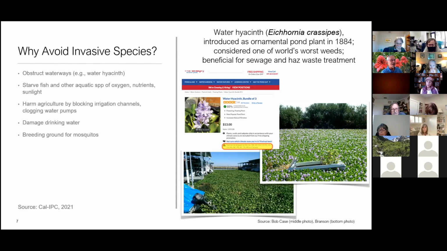Interestingly, it's not all bad. It does have a beneficial potential for biologically absorbing sewage and hazardous waste. So if it's used in a controlled manner, it's actually not a bad plant. It's very productive. On the top image, you see that it's available on the internet for a mere $13. You can buy it. But if you look at the bottom there, it says in small print, not available to